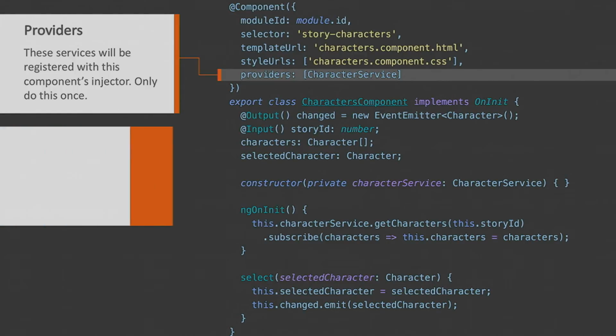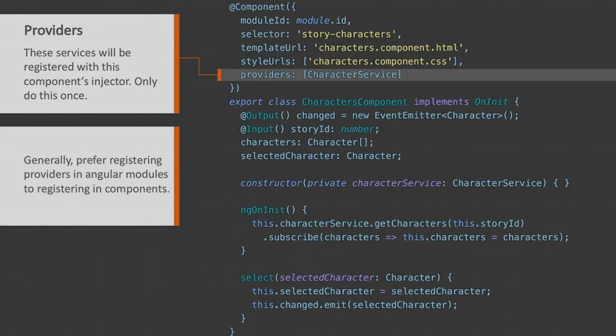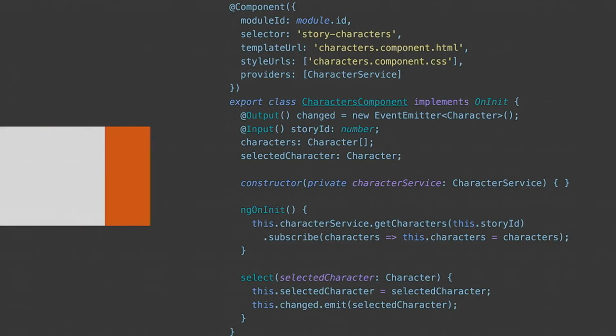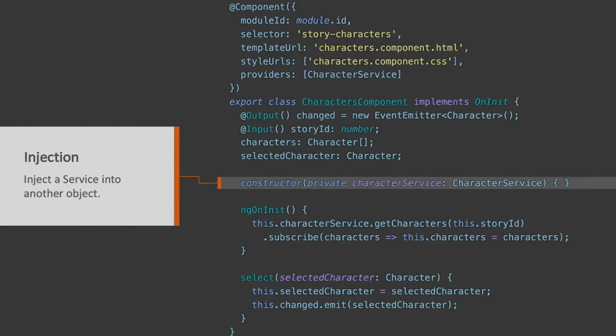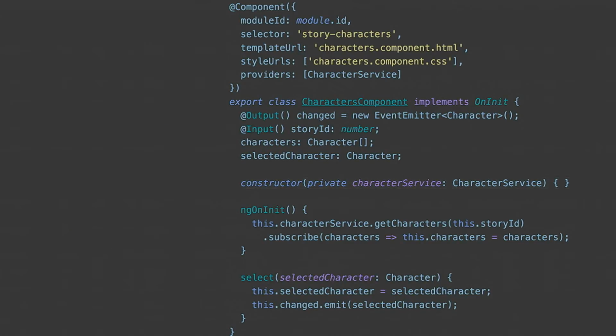And then we tell the component, in some cases, if it has any services that we need to use. There's actually a better place to put these, but this is one of the options, and we'll talk about that too. And then down below inside the code, we use dependency injection to inject our character service. So if we want this characteristic component to go get data somewhere, I wrote another class called a service, and I just inject it in the constructor. Angular goes and figures out where it is, and it provides it to my component.